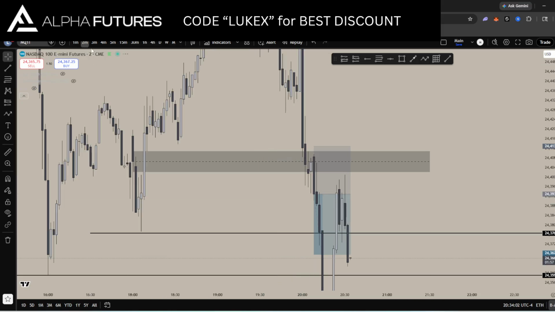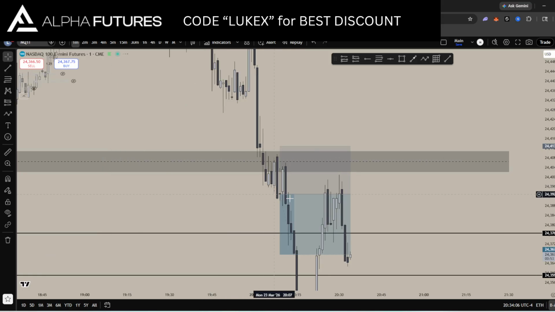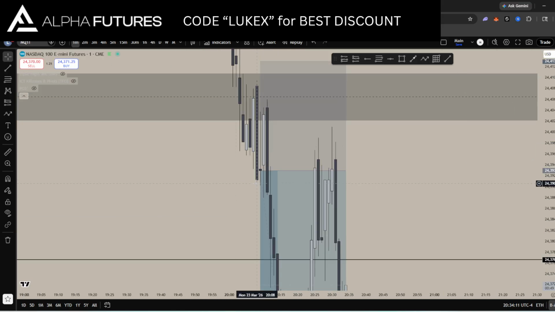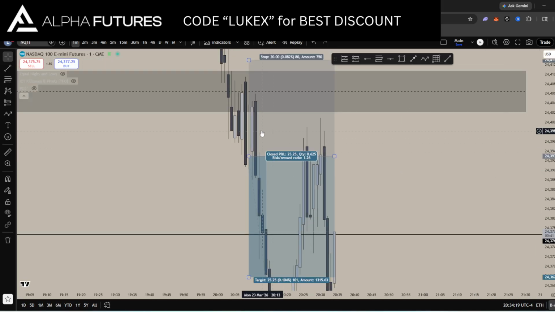But if you wanted to be a little more accurate, you could have waited for the 2-minute close, but I thought it was just going to dump based on how that 1-minute candle closed. You could see how strong the body closed. You can see that it closed with barely a bottom wick. This is a strong sign that price is going to want to push lower. So next candle puts in a wick.